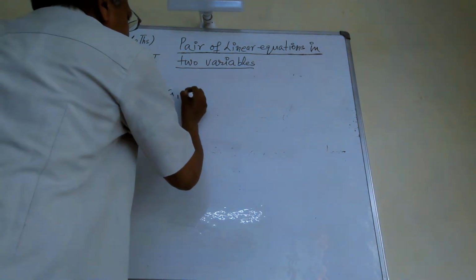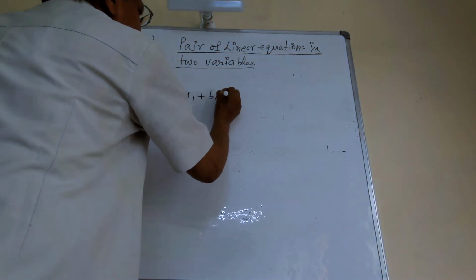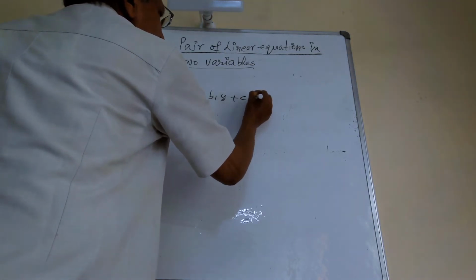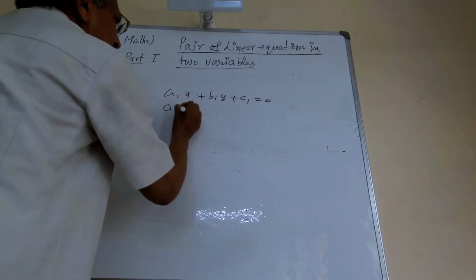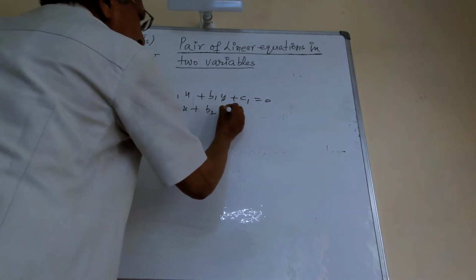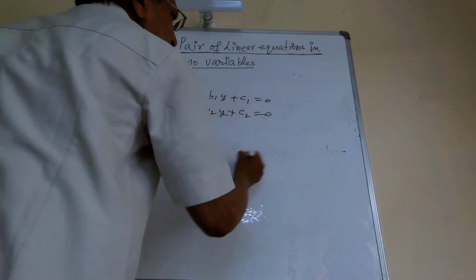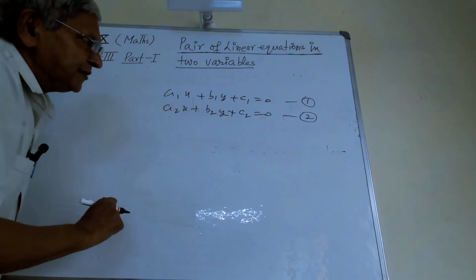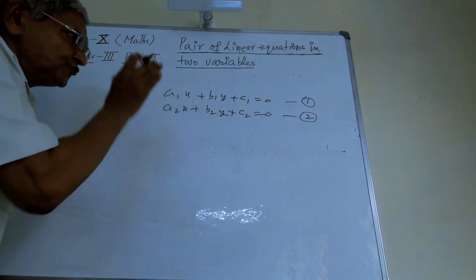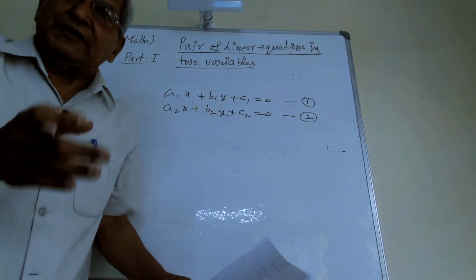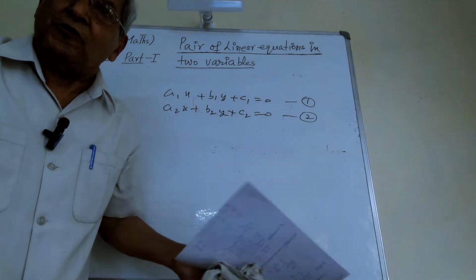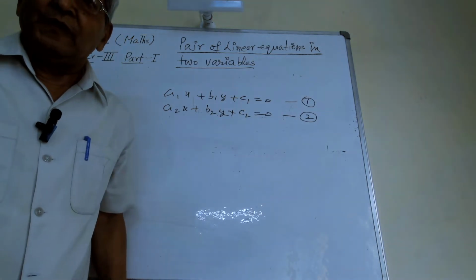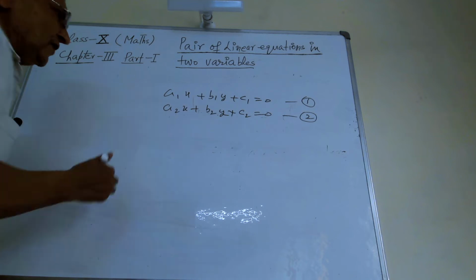Let a1x plus b1y plus c1 is equal to 0, a2x plus b2y plus c2 is equal to 0. These are the two equations. We want to solve these equations, but first of all we have to check whether they can be solved or not. If not, then why should we try to solve? So therefore,